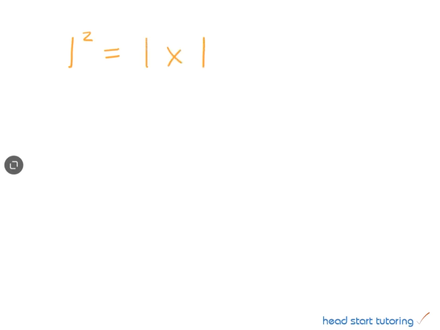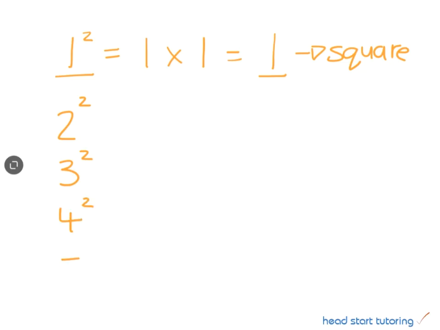The answer to any number that we square is called a square number. So because 1 to the power of 2 is equal to 1 times 1, which is equal to 1, 1 is known as a square number. If we then go on to look at the first 5 square numbers, we will see